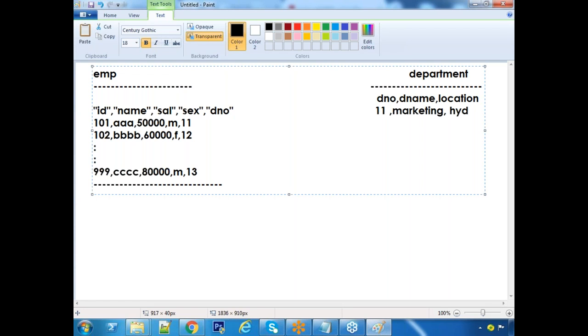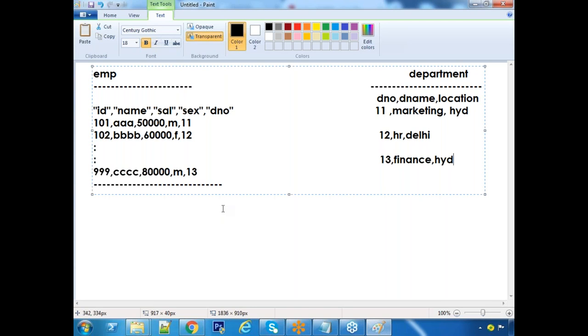Department is at Hyderabad. The next one is 12. Let's say HR, location Delhi. The third one, finance. Location Hyderabad again. A single location can contain multiple departments.